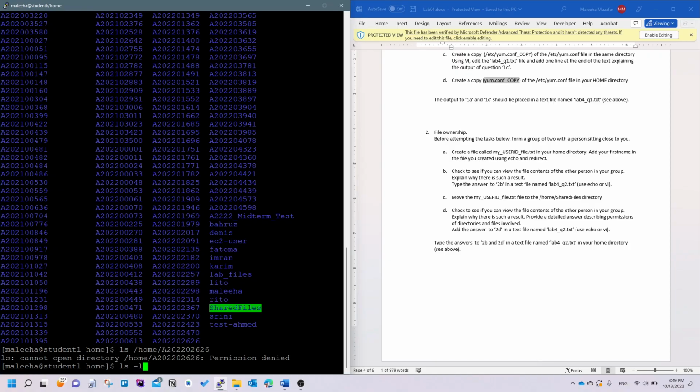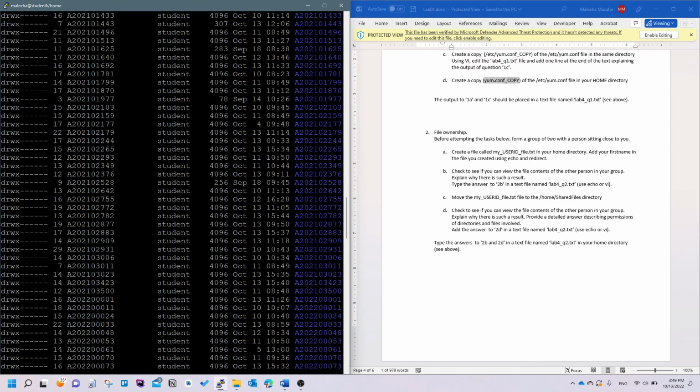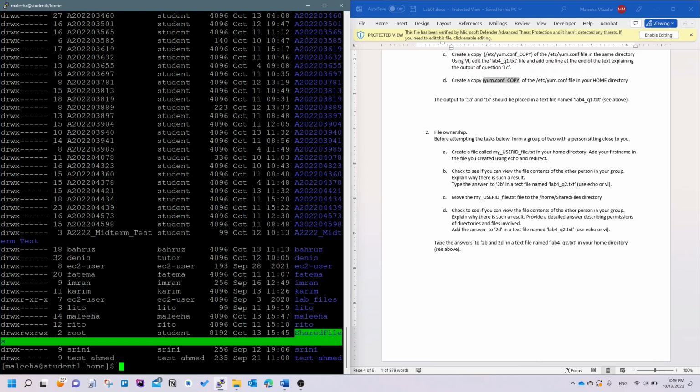And I can see, using ls -l, that on all of these directories that have a student ID, the owner has all the permissions, but none of the other groups. The group doesn't have any permission, and others also don't have any permission. So that's why we cannot access this directory. Okay, so that's what you need to write in the file